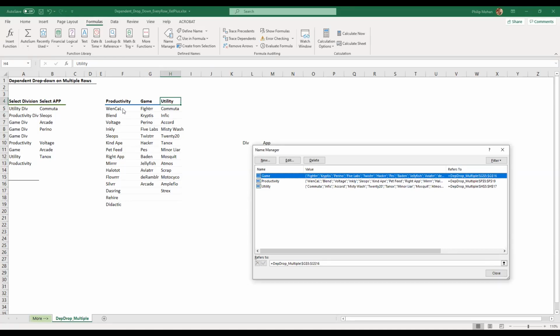Okay, G5 is here and G16 is here. And productivity refers to F5 to F19. So by saying indirect the name, indirect game, in other words, it will go there and pick up this information. What it's saying is pick up the information under the name. That's the concept of the indirect formula.